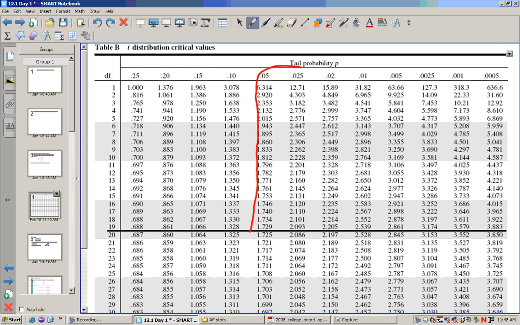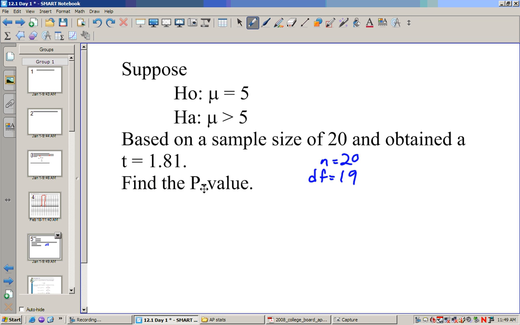So it's right here. So it's somewhere between 0.05 and 0.025. I would guess it's a lot closer to 0.05, maybe 0.04 or something like that, because it's closer to 1.7 than it is 2.09. So we can't, from our tables, tell you the exact p-value, but we can say that